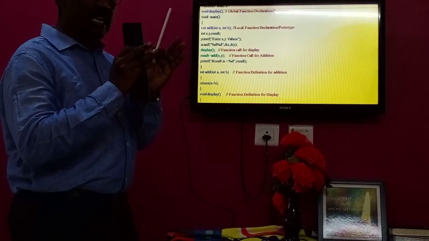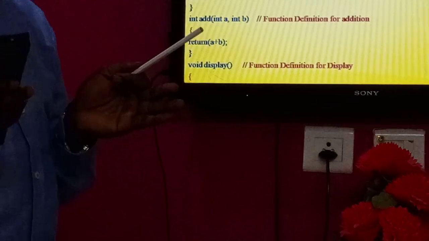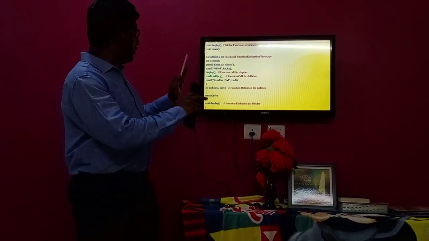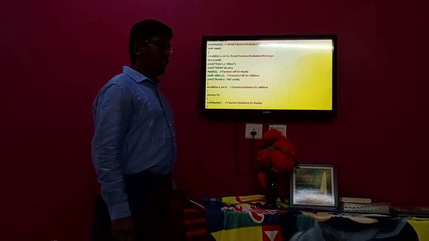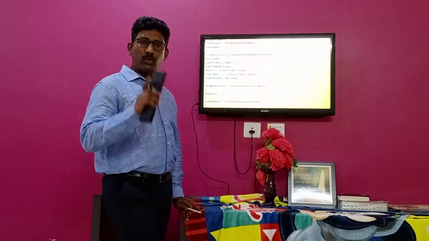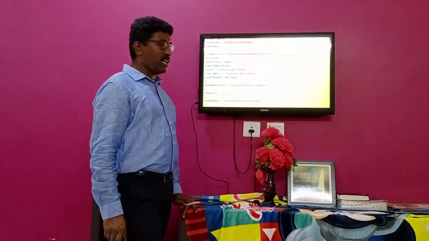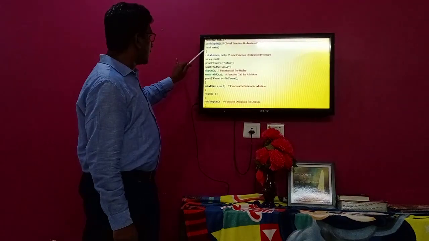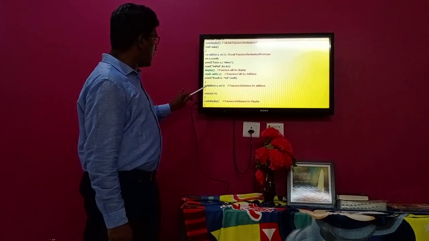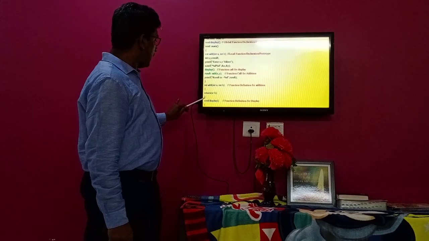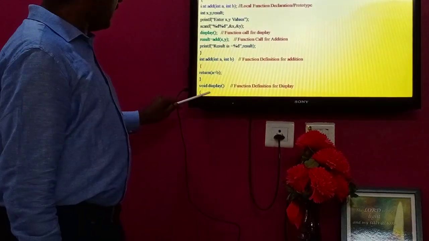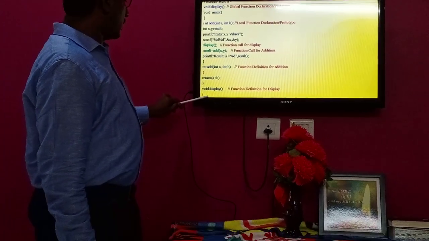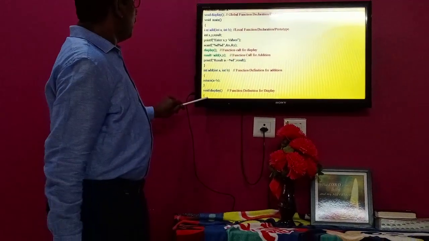Now with the help of these statements with different colors, we will try to understand this particular program clearly. The main purpose of this program is to add two numbers. I am trying to add two numbers with the help of a function. You see, first one is the main function, started here, closed here, and the addition function defined, started here, closed here, and the display function defined last. Okay, so here one printf statement is missed over here. Okay, that I will show in the next program.